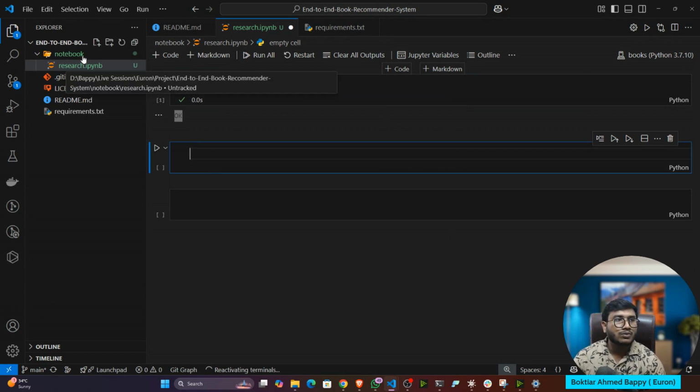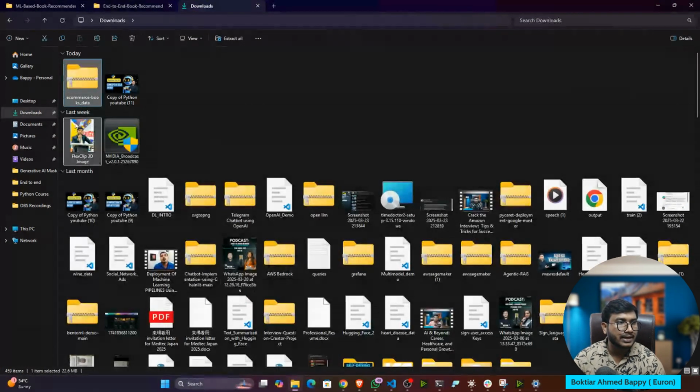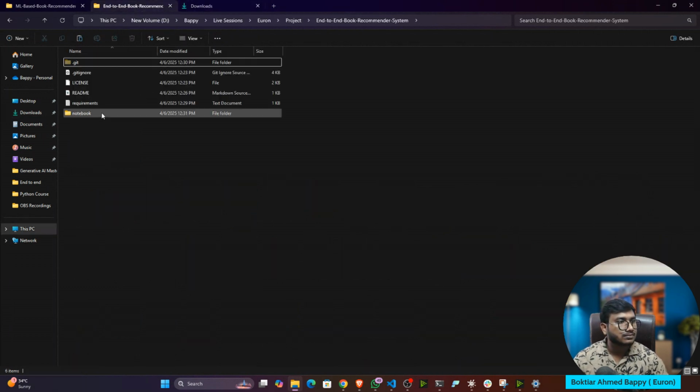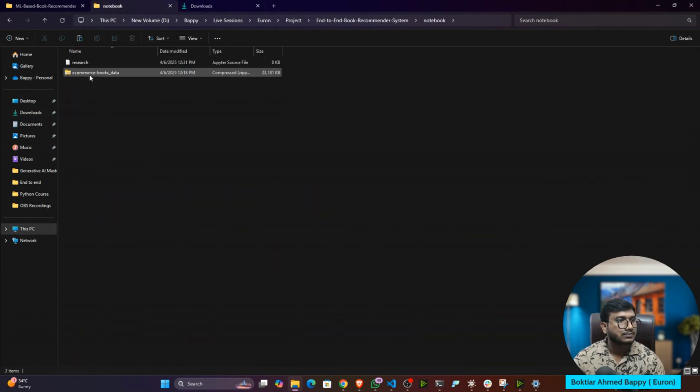But before that, I have to move the data into this particular folder. So where is my data? I think I already showed you the data. I already shared the link. So this is the zip file. We'll copy it into this notebook folder, and let me unzip.